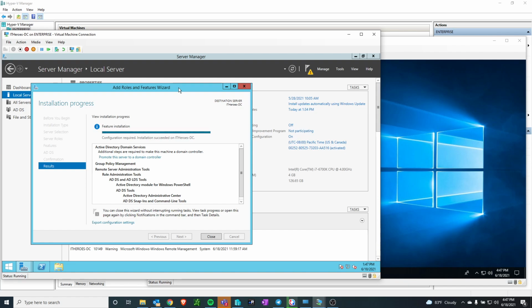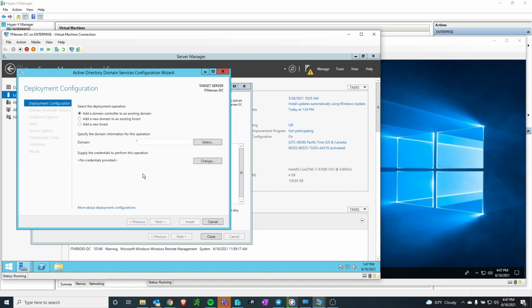So we have our role installation finished here, and we have our link right here on this page, promote this server to a domain controller. So we're going to go ahead and select that. Now, if we were adding this to an existing domain, then we would choose one of these top options here. But since we are starting from scratch, we're going to choose our option here of add a new forest. And I'm going to go ahead and call this my